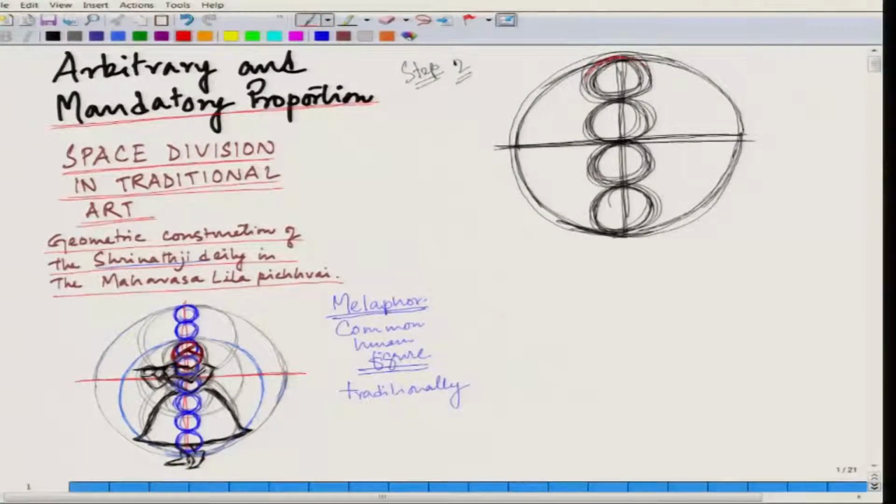So, in this case the head will occupy the upper body. You can put the face to fit this circle, the neck will come down here,